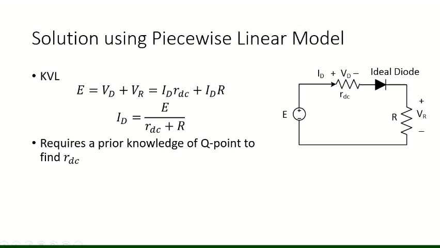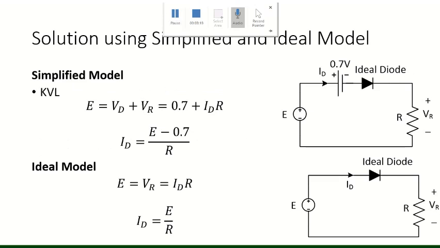So the only thing which we need to know prior to using this linear model is we must have knowledge of the Q point to find the RDC. We must know the value of RDC, which can be seen from the data sheet. In the other two models, which are the simplified and the ideal model,